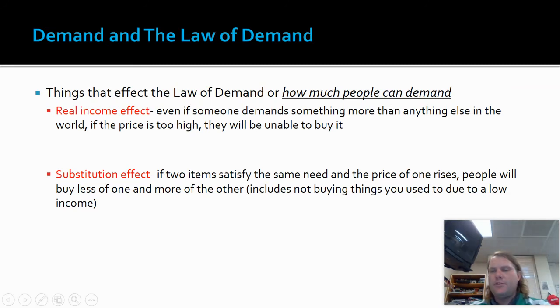And those of you that have jobs or have had jobs, you know that the day after you get a paycheck, you behave differently than the last day before you get a paycheck, especially if you've spent your money leading up to that particular point, right? How much money you have in your pocket is going to affect what you're able and willing to buy. Substitution also affects it. That's just a fancy way of saying, listen, I can spend my money on basically whatever I want. Sometimes if something becomes too expensive, I'm going to go buy something else.